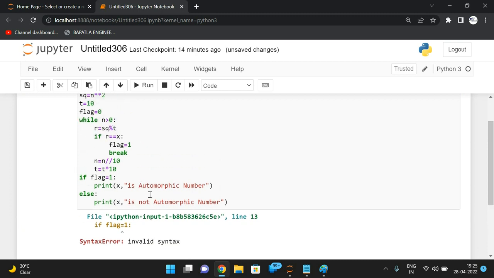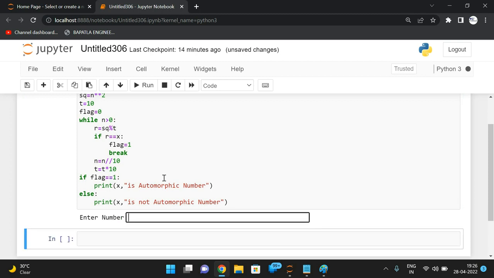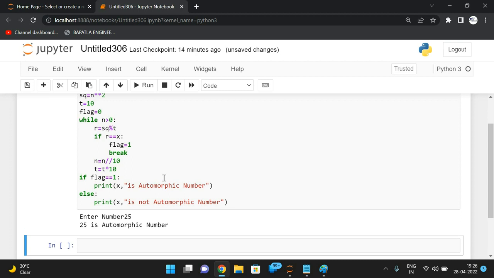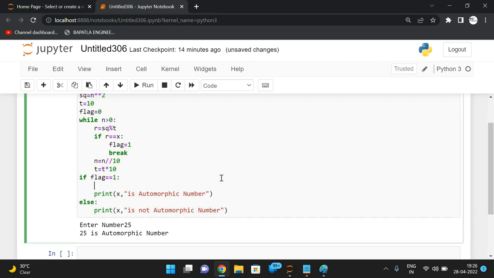Sorry, yes, so this is an assignment operator. We have to use a comparison operator. So I will go with the 25. So 25 is an automorphic number because 25 ends with the 25. Okay, so here you can also print